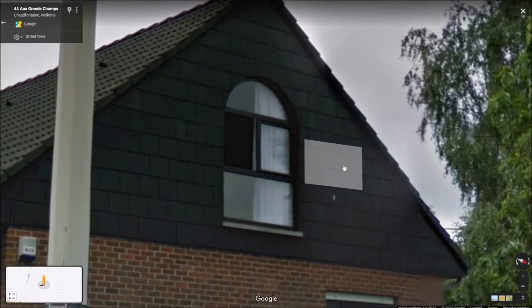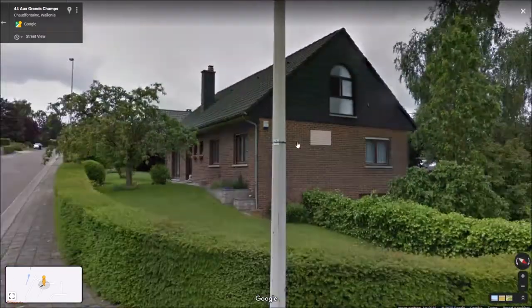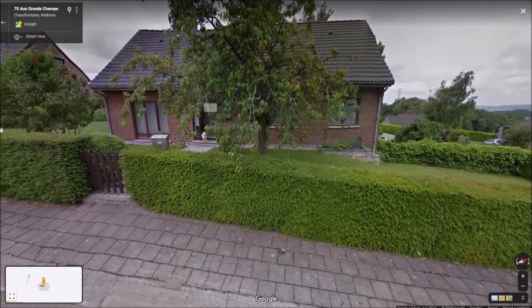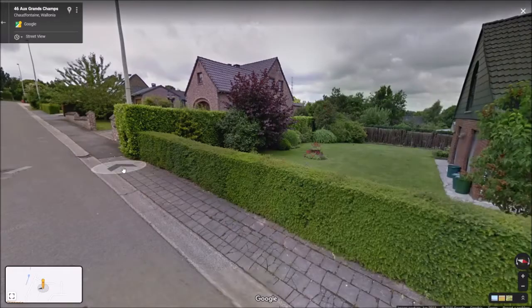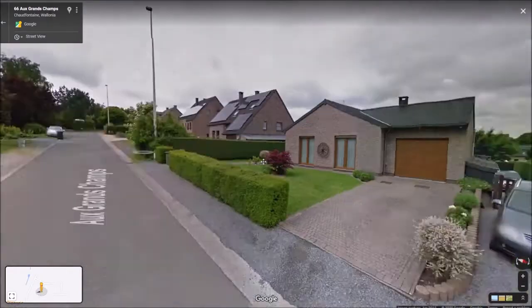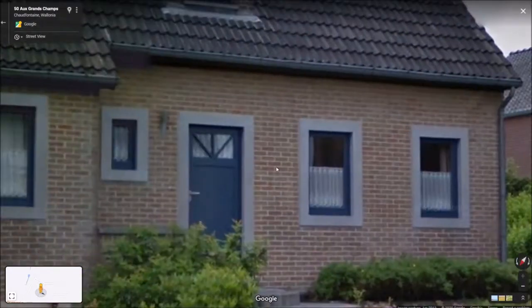I actually have a special location for that, so we're going to come back to that. Definitely. On this house is actually, hold on. I'm trying to find a better view in one of these houses. Probably not going to find it, but anyway, one feature I wanted to point out here is these stone awnings around